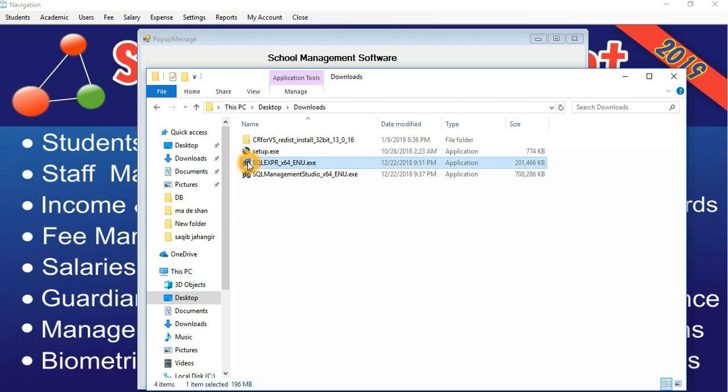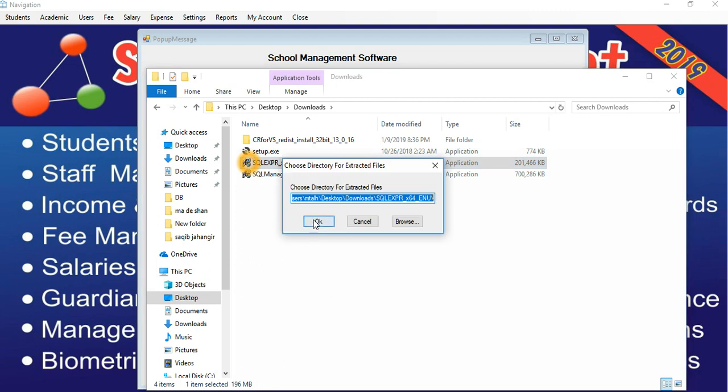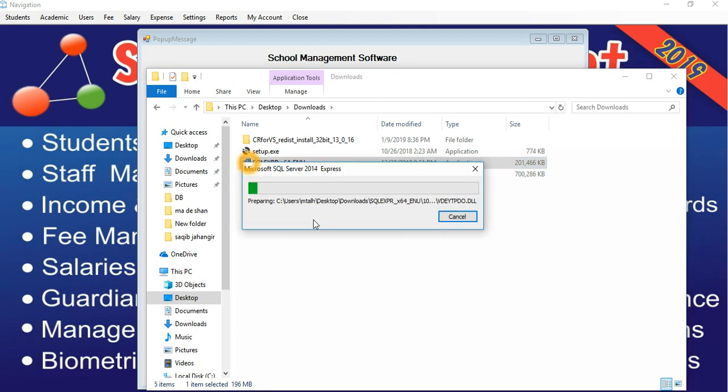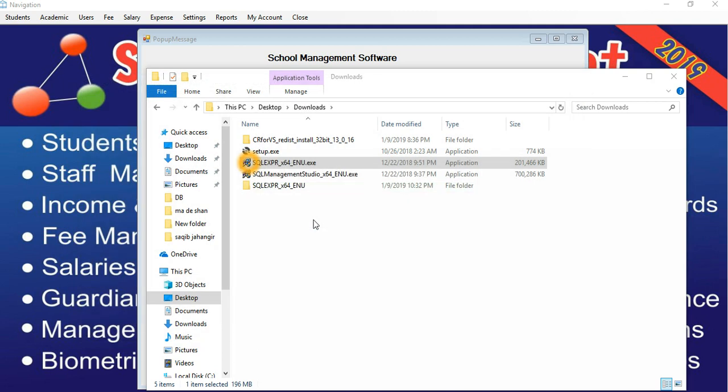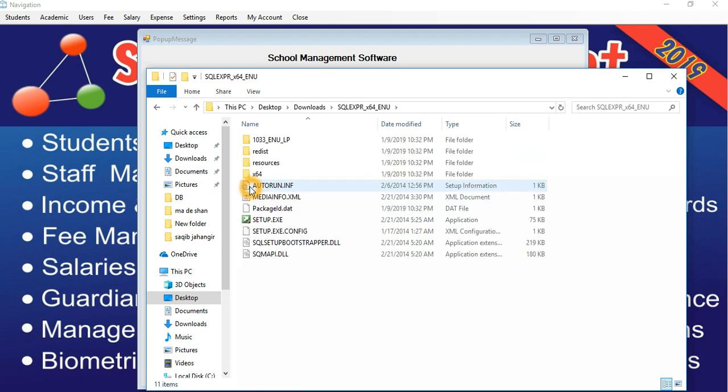For this I will first extract this file. It is extracted to this folder, and from setup I will start its setup.